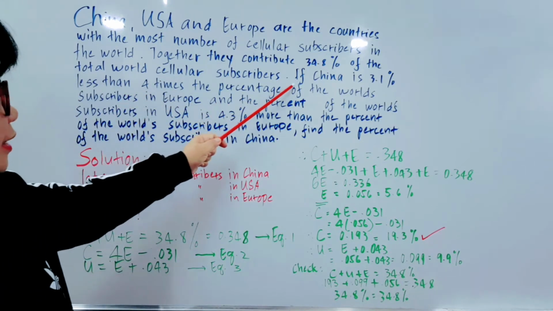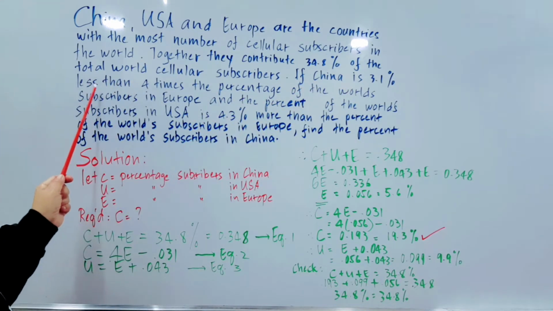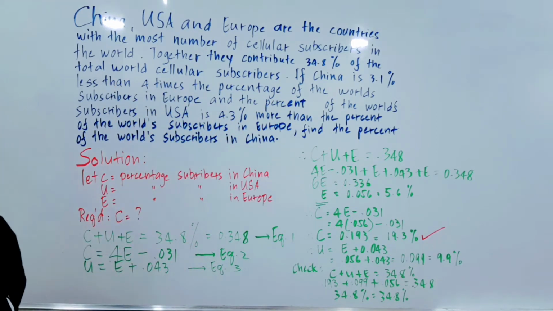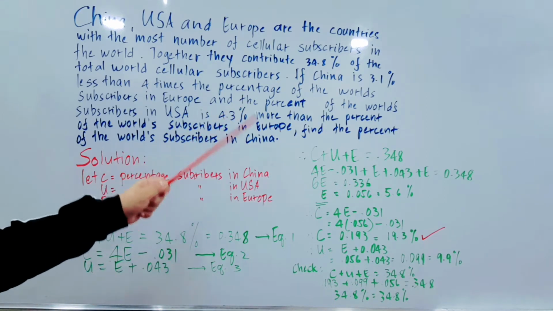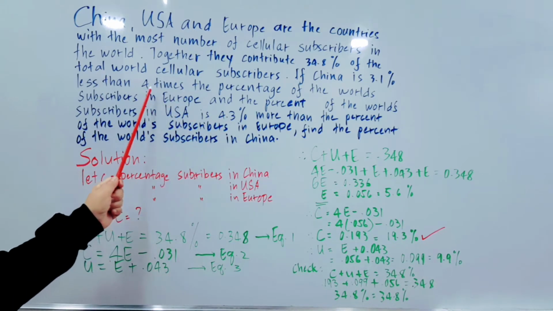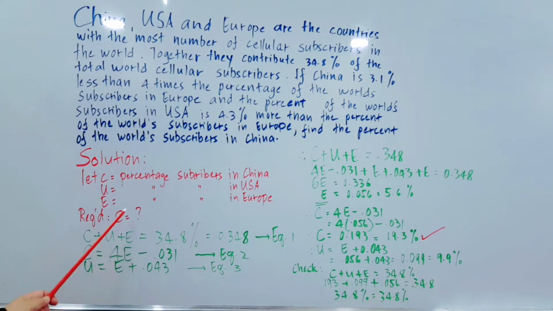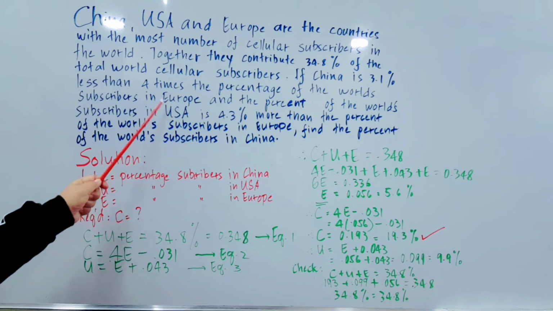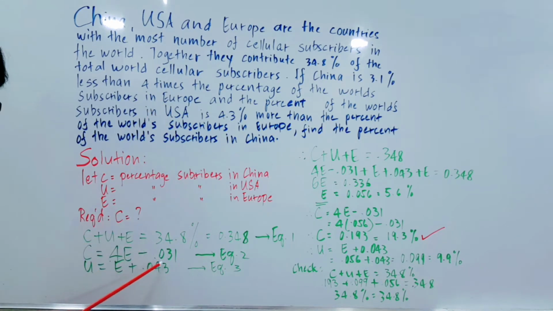Now, pangalawa, if China is 3.1% less than 4 times the percentage of the world's subscriber in Europe, so the world subscriber in Europe is represented as E. Therefore, ang sabi dito, China is equal to 3.1 less than 4 times the percentage of subscriber in Europe. So 4E less than 3.1%, minus